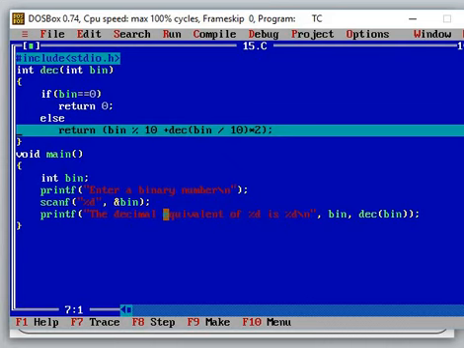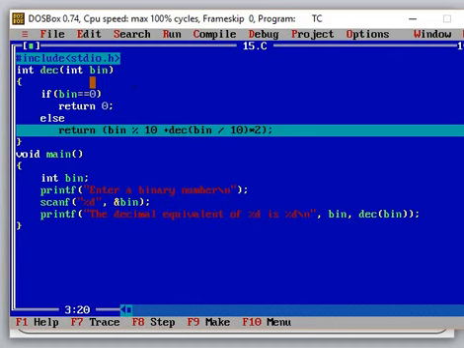Now it is computing 111 percentage 10 plus DEC 111 divided by 10 into 2. Since DEC 111 divided by 10 is 11, the control jumps into this line again, because the bin value is now changed from 111 to 11.